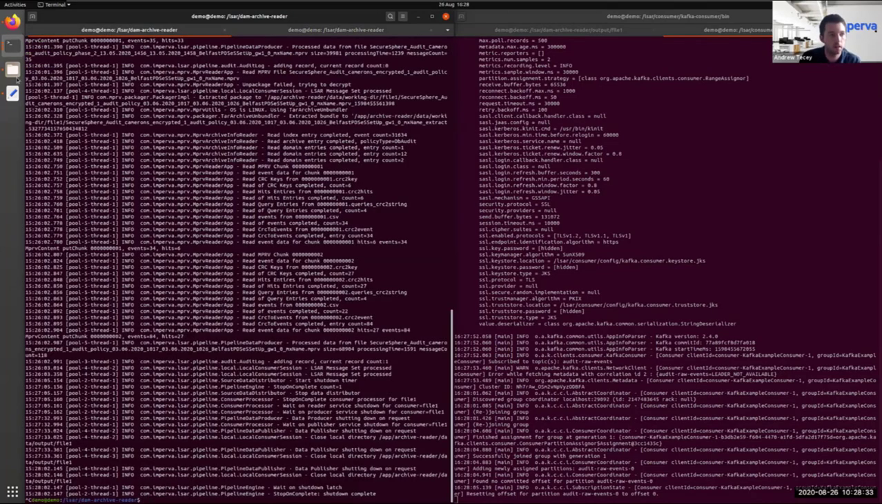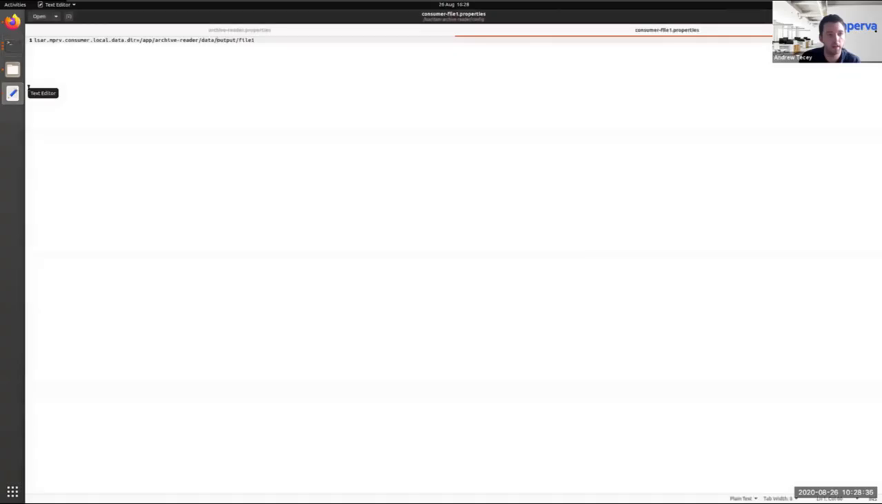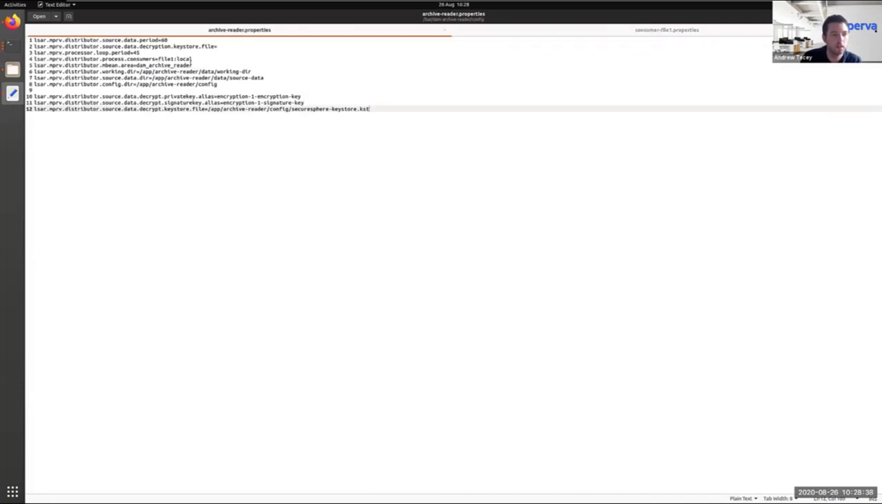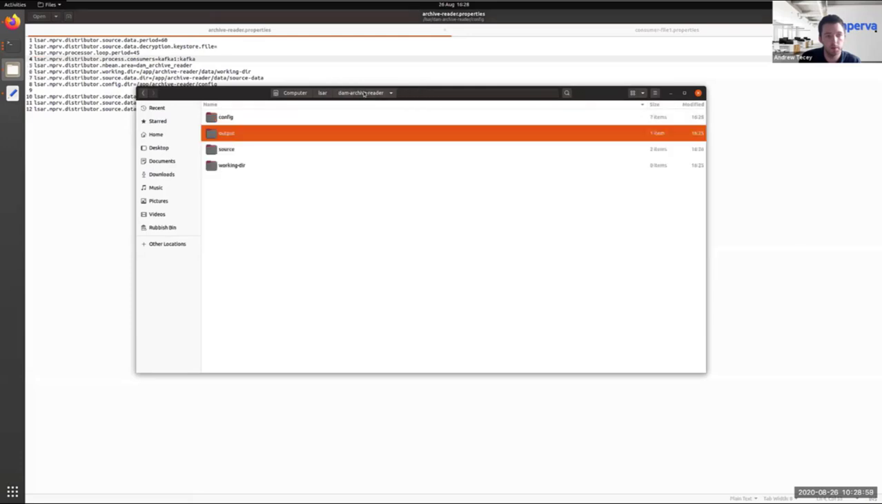And I'm now going to modify the archive reader.properties. So instead of a file consumer, I'm going to have a Kafka consumer. I'm just going to call it Kafka1, and it's of type KAFKA. And I don't need to change anything else here. So back in my config directory,